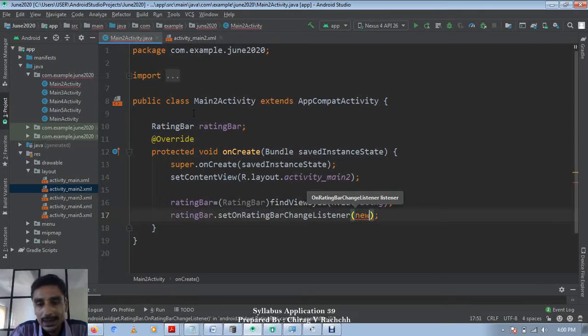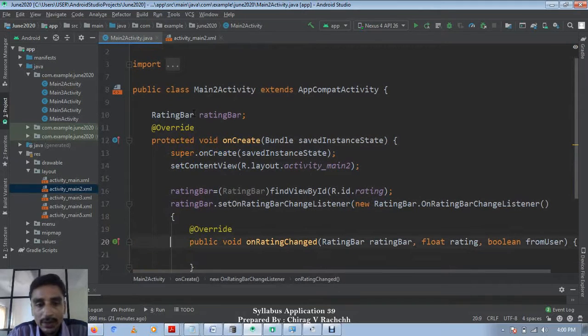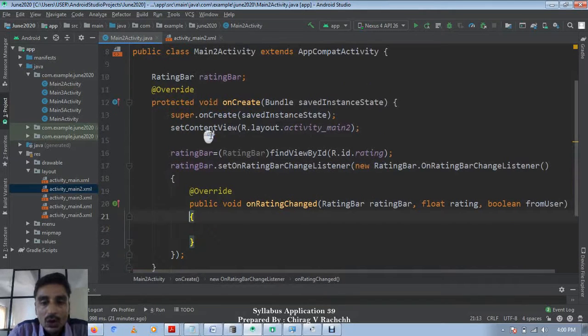Here we need to pass an instance of OnRatingBarChangeListener, which we will implement as an anonymous class. So a method will be overridden, onRatingChanged, with the parameters ratingBar, the rating which is given, and the ratingBar is the view on which the client has interacted.